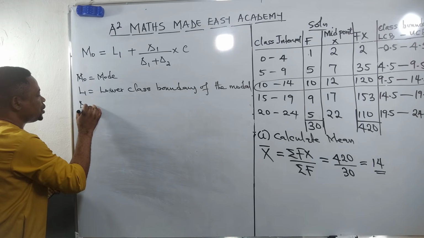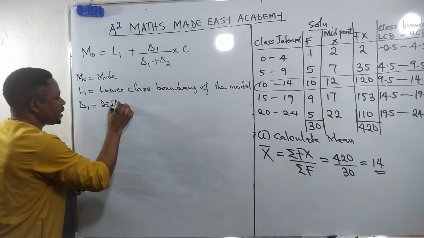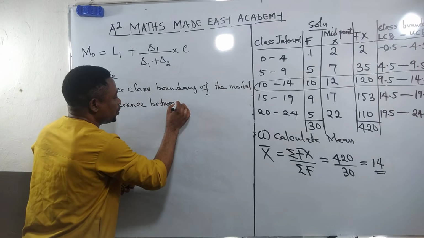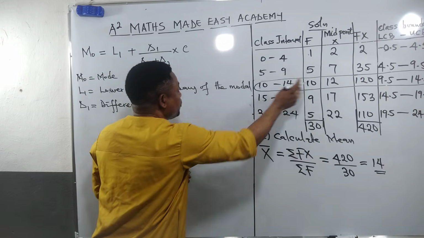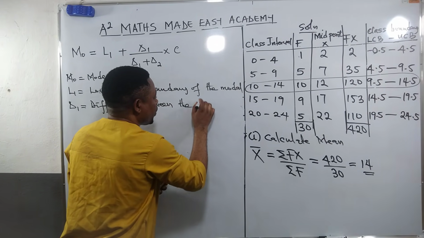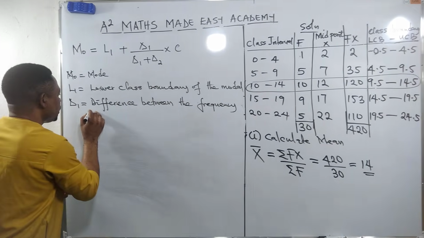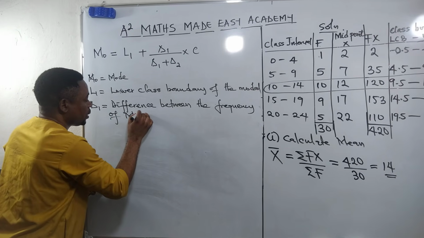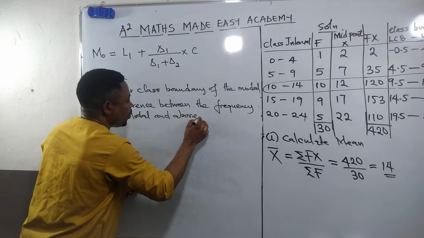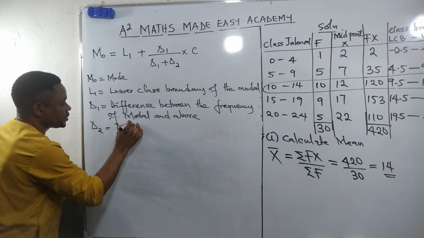Then we now move to D1. D1 is the difference between the frequency of the modal class and the class above. Are you with me? D2 simply means the difference